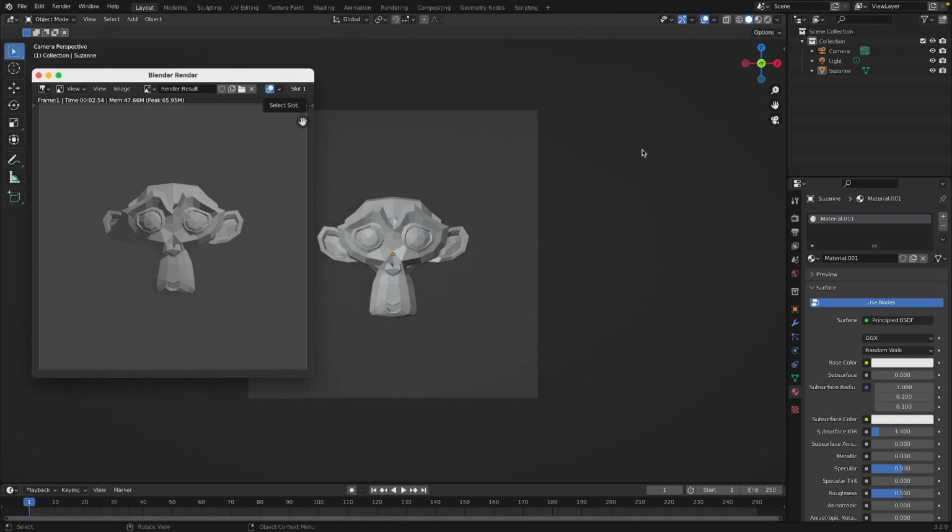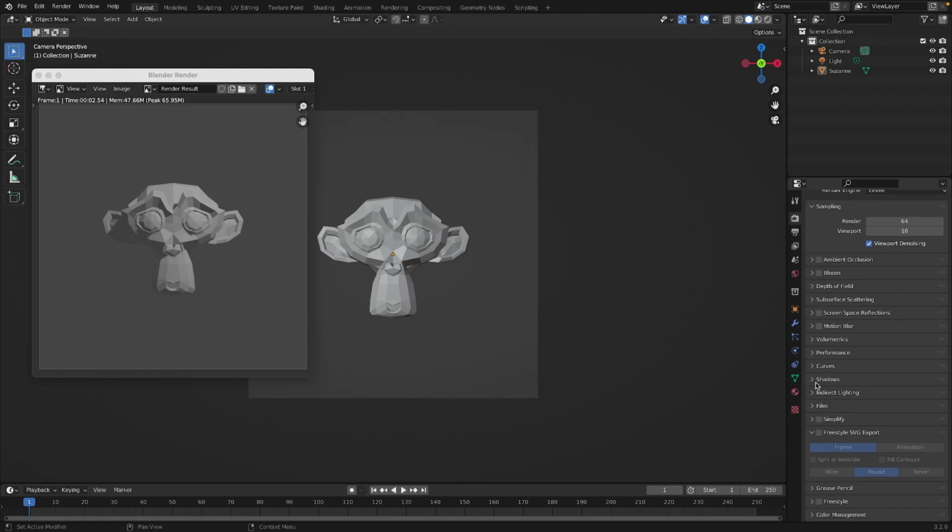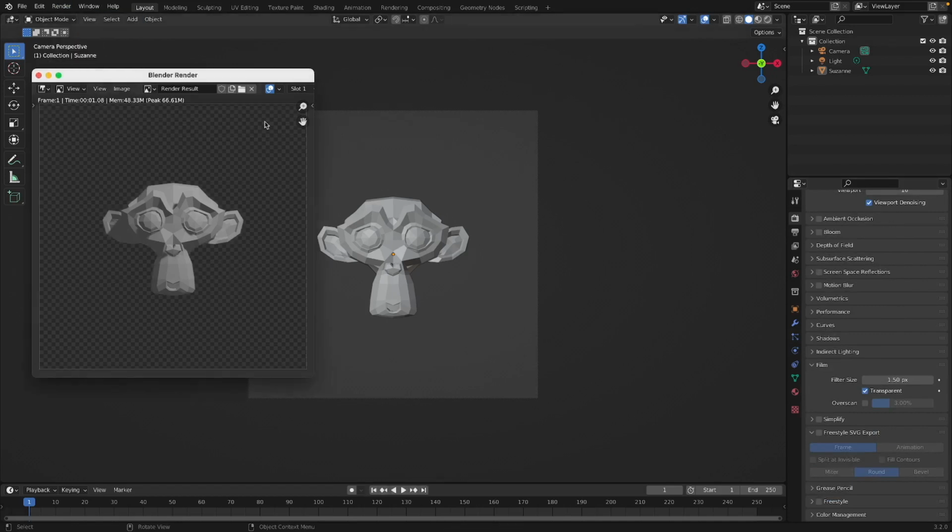I go over here, go to the camera icon. If I navigate to film, check transparent, render again. Now it has a transparent background. That is it. So I did a monkey as an example, but it could be any object you made and